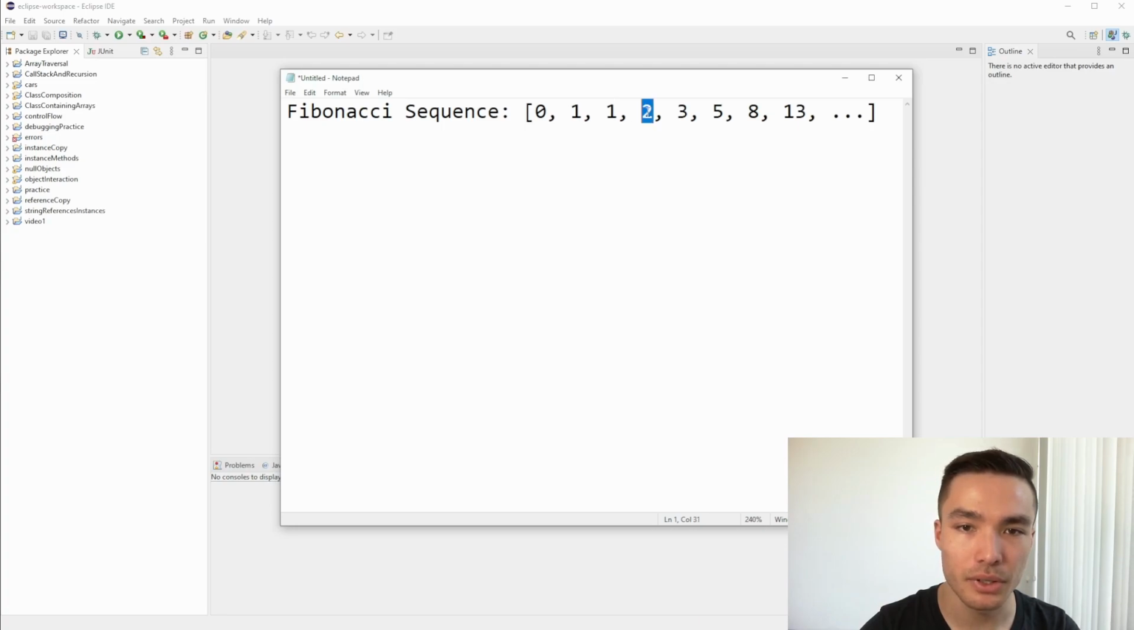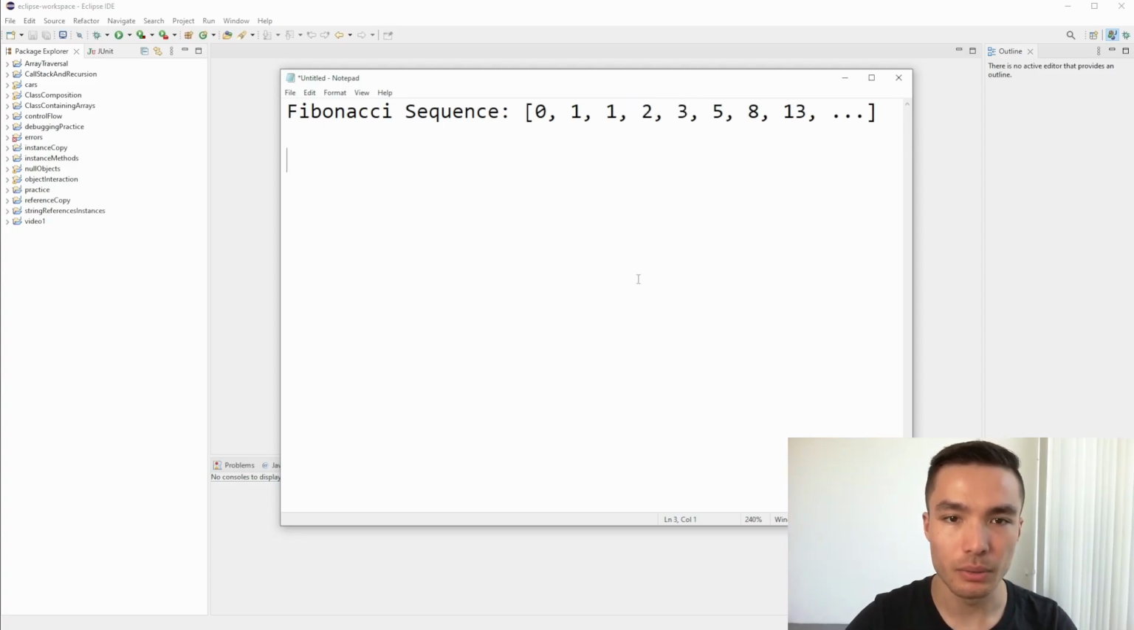For the number at index 3, we need 1 plus 1, which is 2. For the number at index 4, we need 2 plus 1, which is 3, and so on. To write this out mathematically, we can write the base cases as f of 0 equals 0 and f of 1 equals 1. Here, f is the name of the Fibonacci function and the number between the parentheses is the